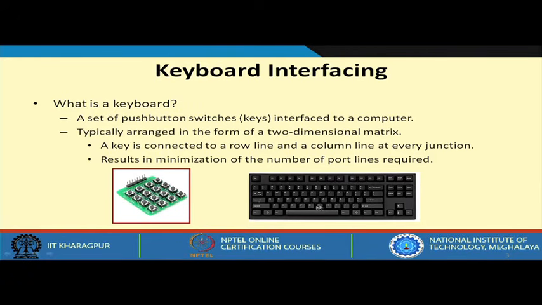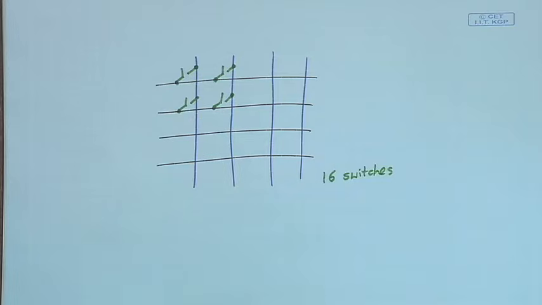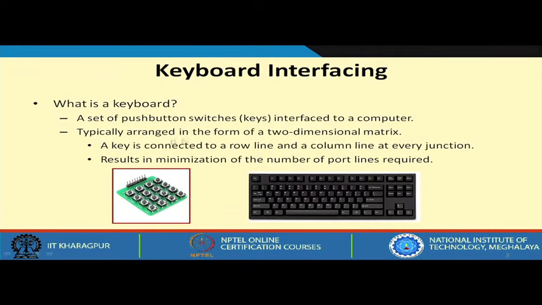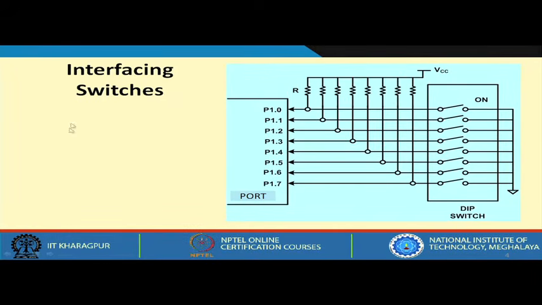Now, the computer keyboard that you see, well, it may look like a little longer one, a longish thing, but inside if you see the layout, the keys are again laid out logically in a matrix form. Because there is an advantage of laying out in a matrix form, as we will see later, the number of interconnection lines get reduced. Okay. So, if you have a 2-dimensional matrix realization, the number of lines required will get reduced. This we will see a little later how. Okay. Let us come into the problem of interfacing of switches.